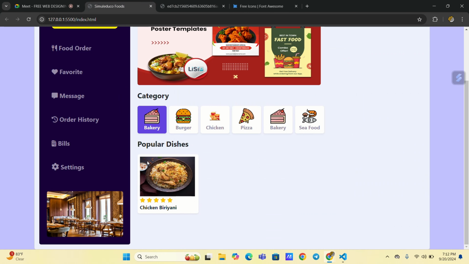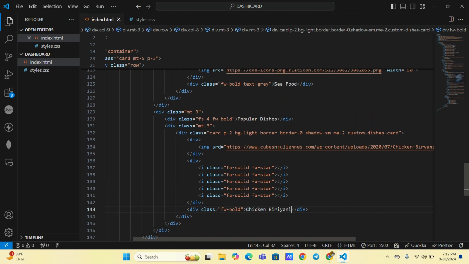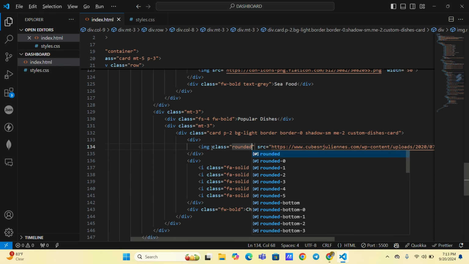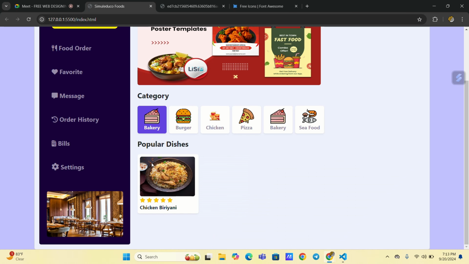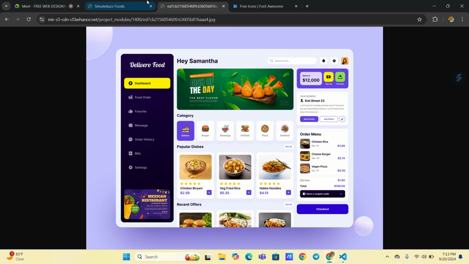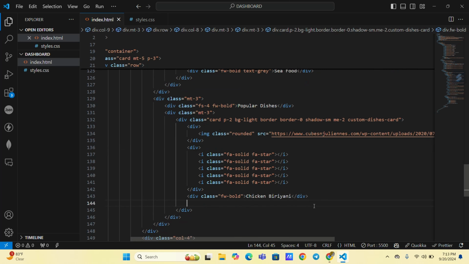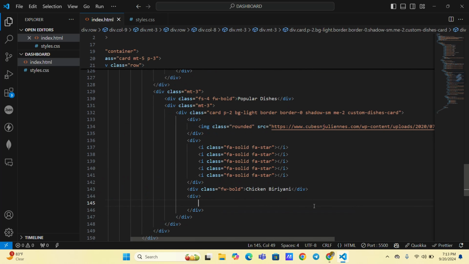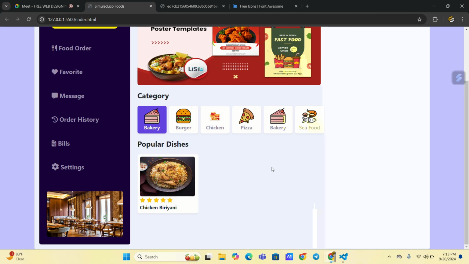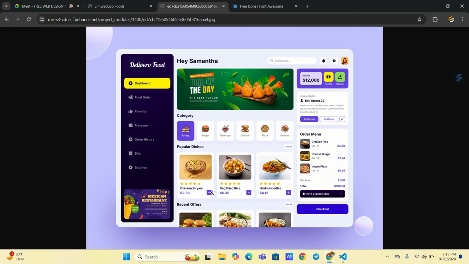and let's put some curves, border radius here. So for that, if you remember exactly, we need to apply the rounded class. We already did it for other images also. Okay, now it is looking good. So 5 stars, chicken biryani, and then the price we'll put here in another div. We'll raise price,